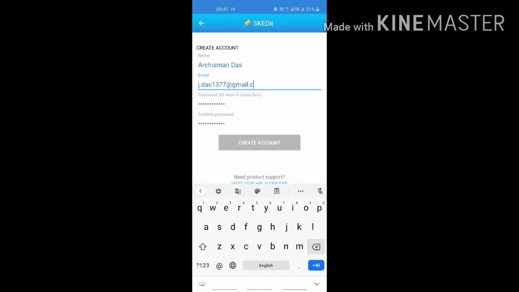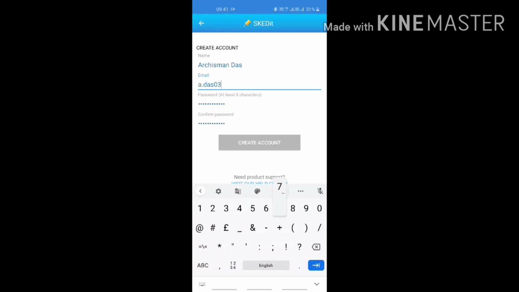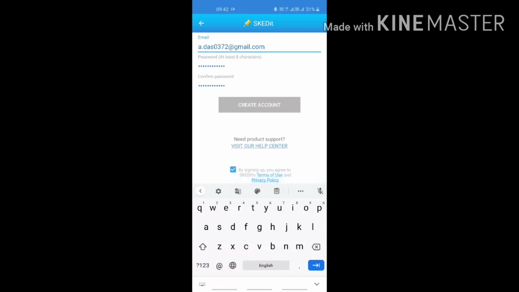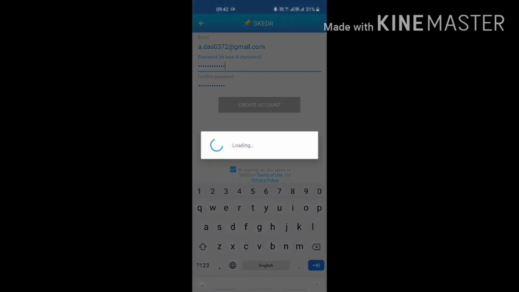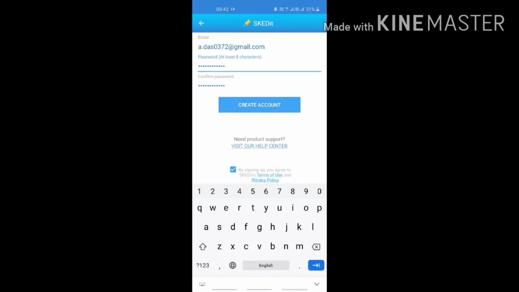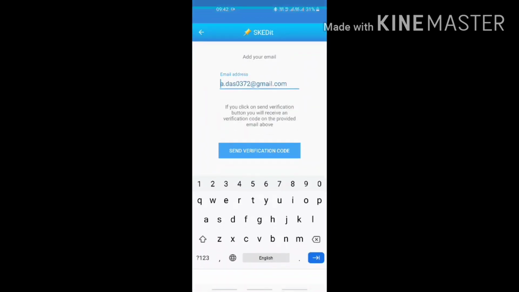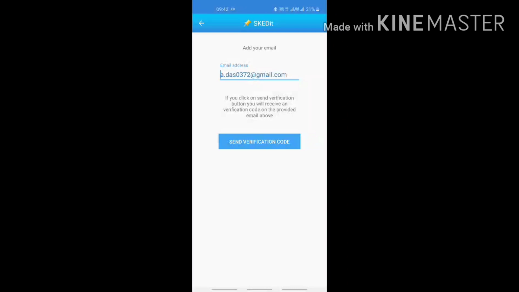So I can use a different email ID which has not been used earlier. So I am changing my email ID. If you have a previous account, then you can directly go to the sign in option and put your credentials for logging in. I am putting this email ID here. Then the option is create account. I am clicking on this create account.